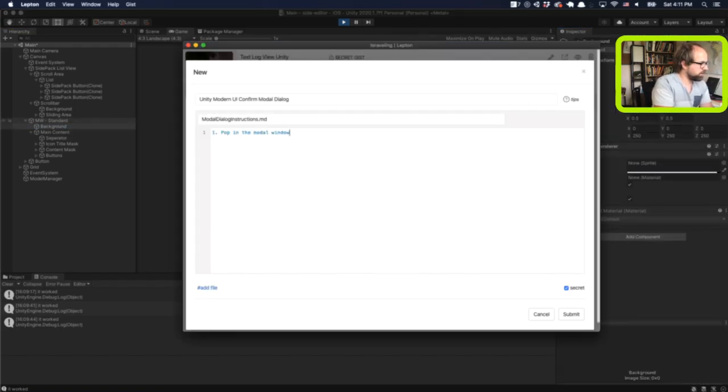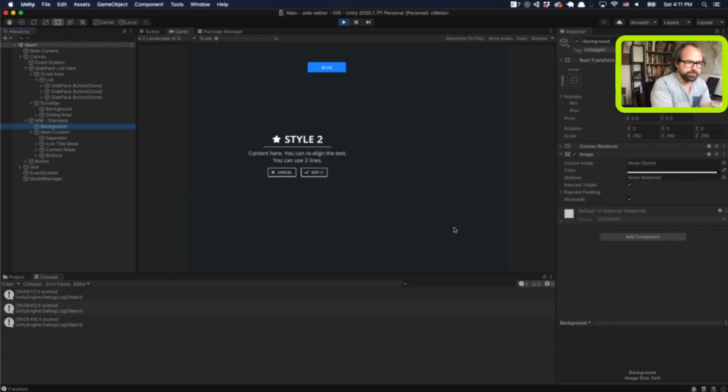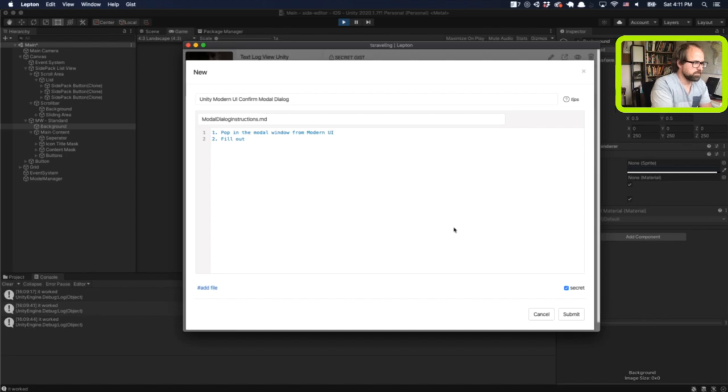Pop in the modal window from modern UI, fill out inspector window, wire up confirm and cancel methods to a manager class if desired, and then in an event method, e.g. button on click,